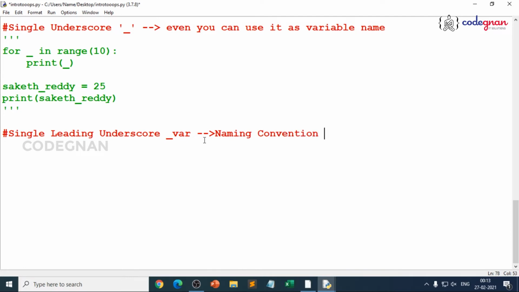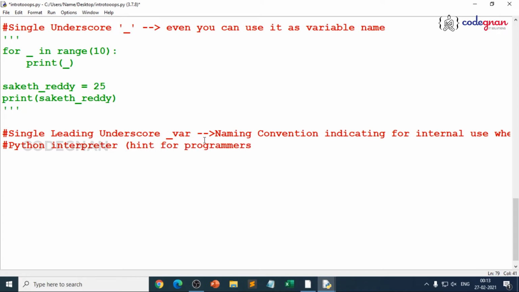So I'll create a class and tell you about the naming convention indicating a name is meant for internal use, where the Python interpreter doesn't throw an error. Your Python interpreter never forces you, unlike C or C++ or Java. In Python, the interpreter never enforces it, right? It is meant only as a hint for the programmers. That means you are making it for internal use.